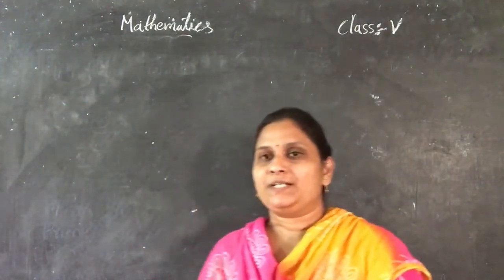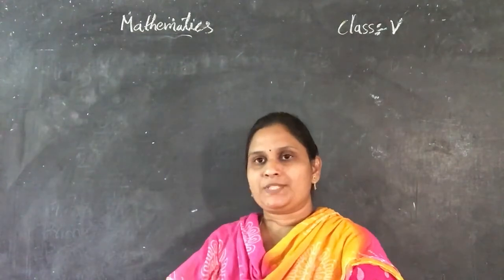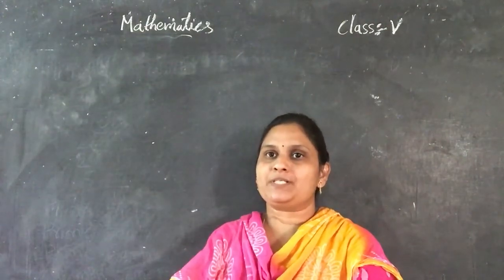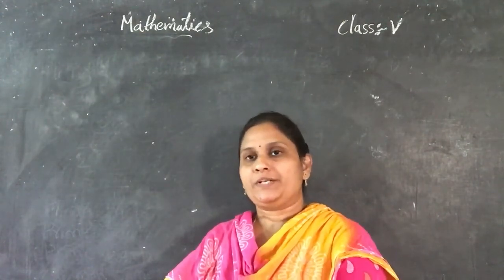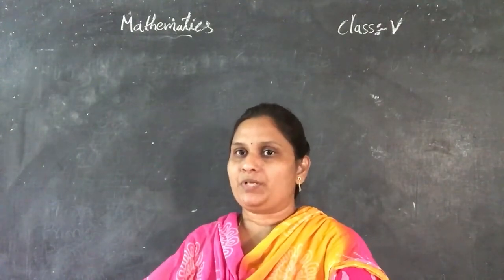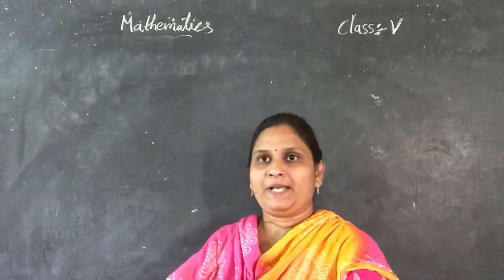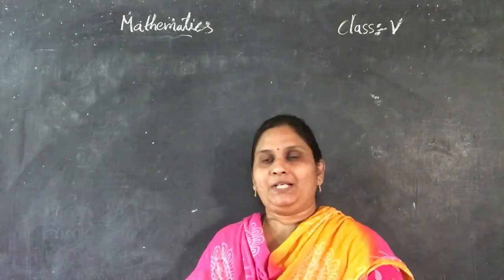Okay children, so we started chapter 5 about prime numbers, composite numbers, whole numbers, natural numbers, even and odd numbers. We read the definitions, and you completed the fill in the blanks based on this information, isn't it? So I think everyone has completed the fill in the blanks, and today's topic is about the divisibility test